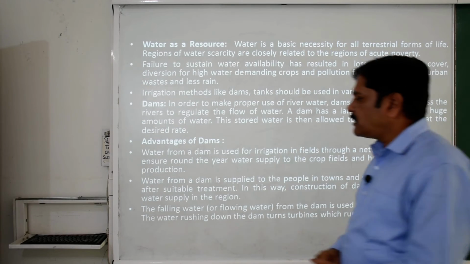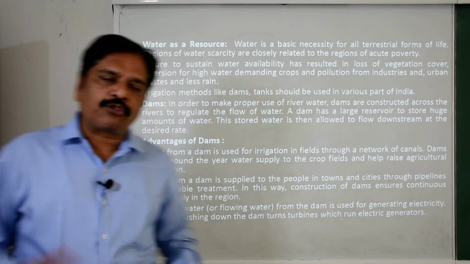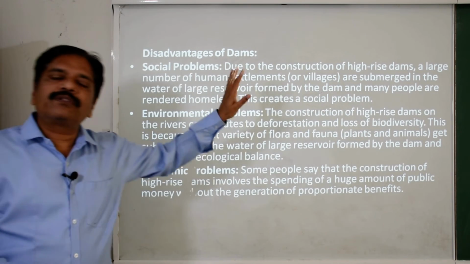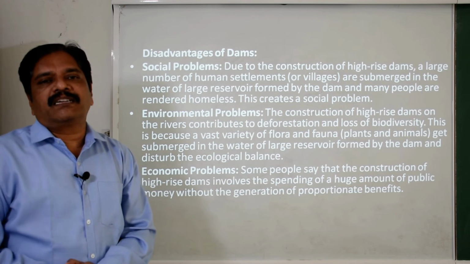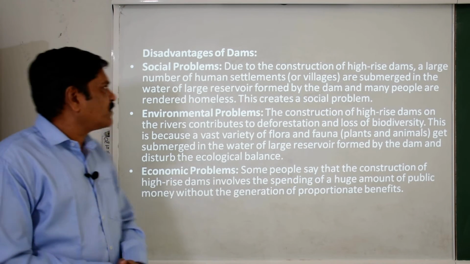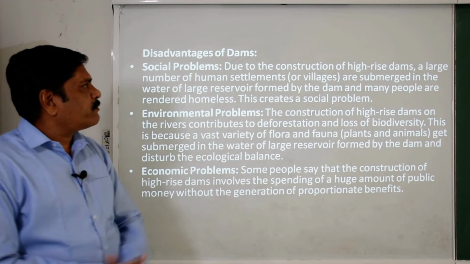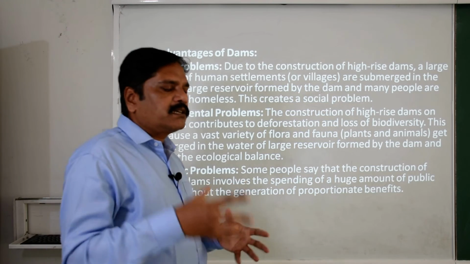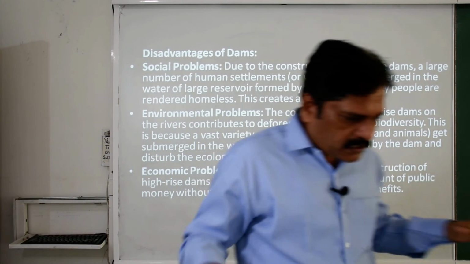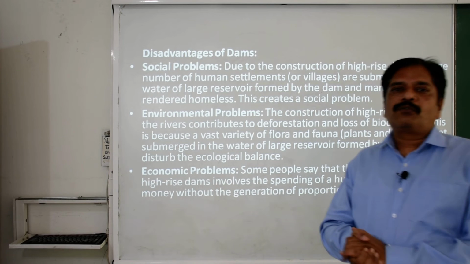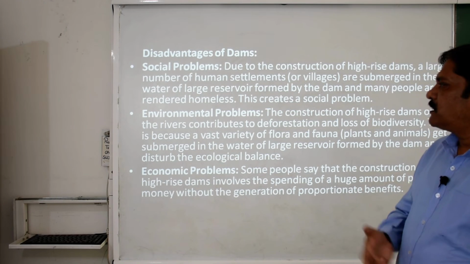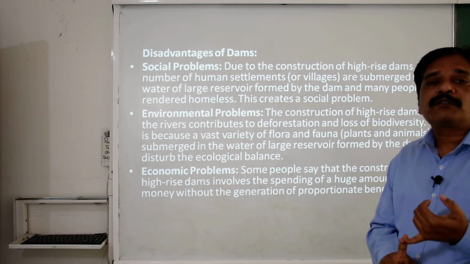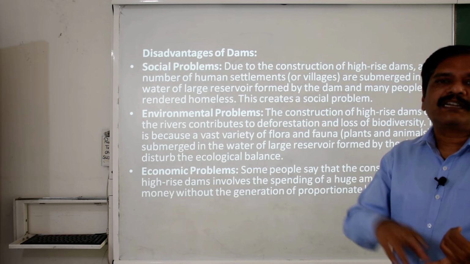Okay, so in this way we can see that flowing water can be stopped and utilized for these purposes. So this is the advantage of the dam. But you know that each coin has two sides, so disadvantages are also there. Okay, there are some social problems also, because it is responsible for the migration of people, and it is responsible for destruction of the agricultural land of the local people. Okay, and surely it is also related to environmental problems. Likewise, it is responsible for destruction of the biodiversity of that area.